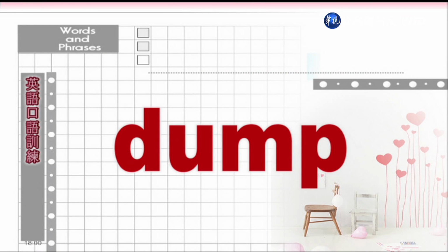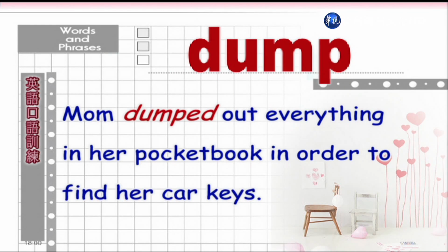Dump, dump. 丢。Mom dumped out everything in her pocketbook in order to find her car keys. 妈妈为了找她的车钥匙，把所有东西都从皮夹中掏出来。